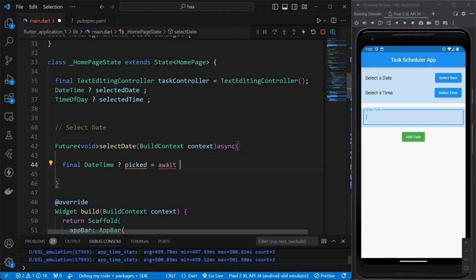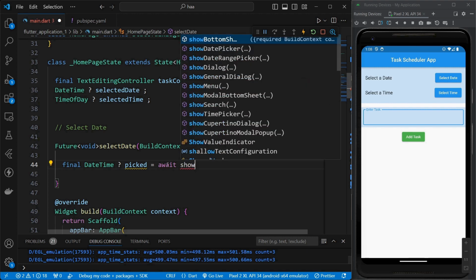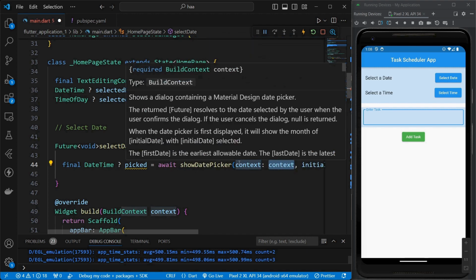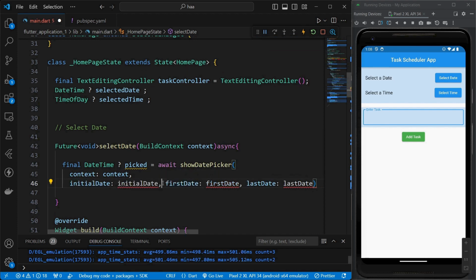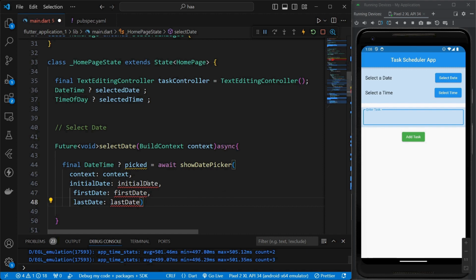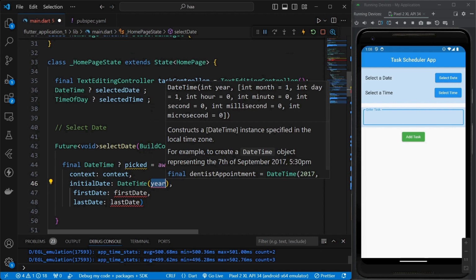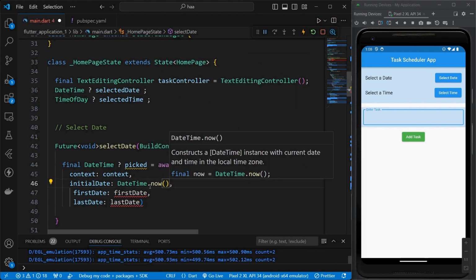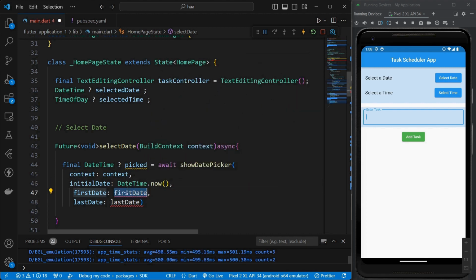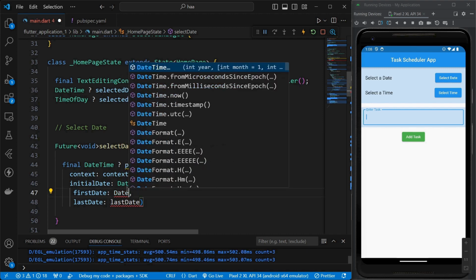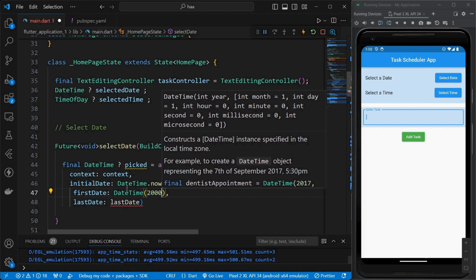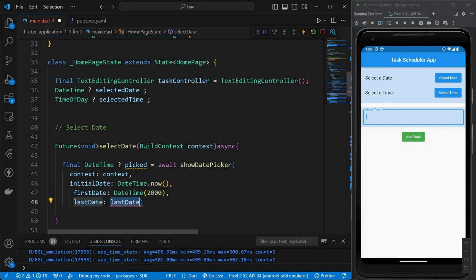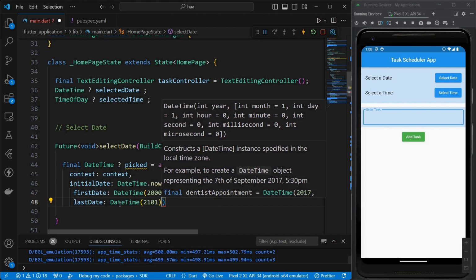and we'll make a local variable for this method which is picked. So we'll use first await and we'll use showDatePicker, and here the context is our context, and in initialDate we'll use the DateTime.now function, and in the firstDate we'll start our calendar from year 2000, and the lastDate will be, let's say, 2101,